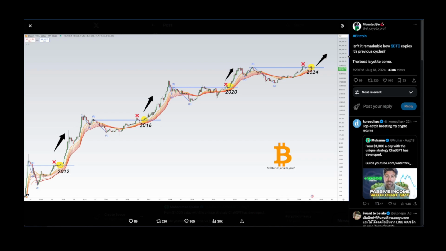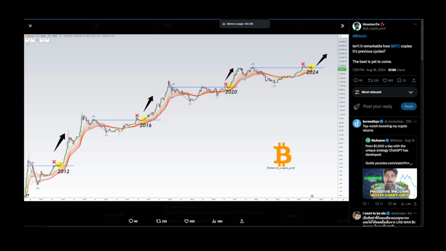And from the perspective of this chart and this analysis provided by Mr. Prof, I do believe that this actually is remarkable, because if we look at 2012, when Bitcoin was dancing around its previous all-time highs, we had this consolidation, rejection, whatever, and then pump, just like in 2016, 2020, and this is exactly what is going on at the moment in 2024, guys.